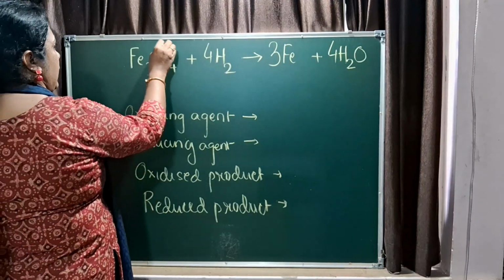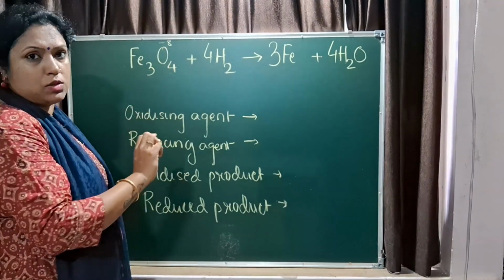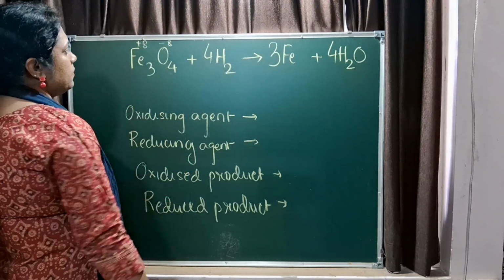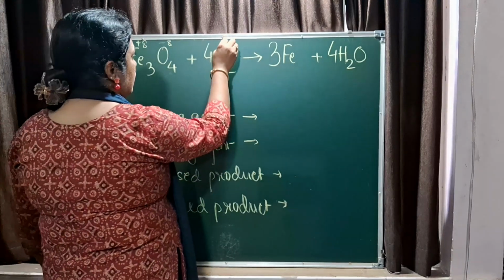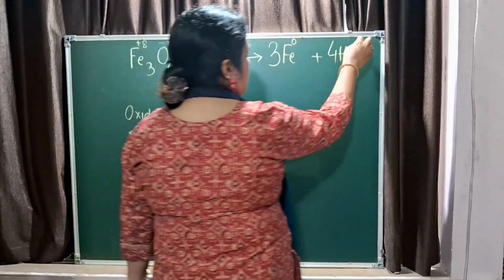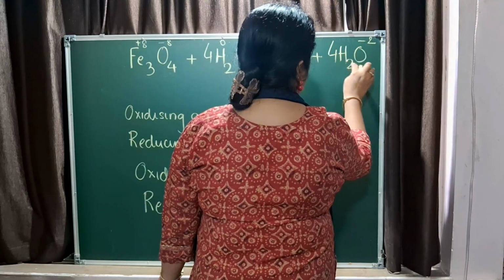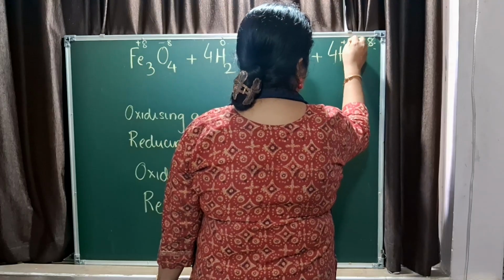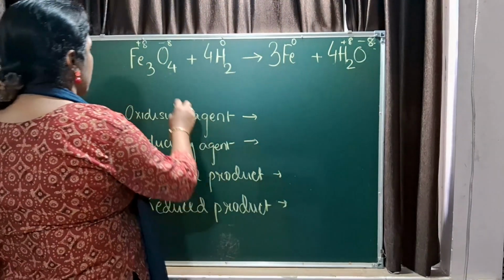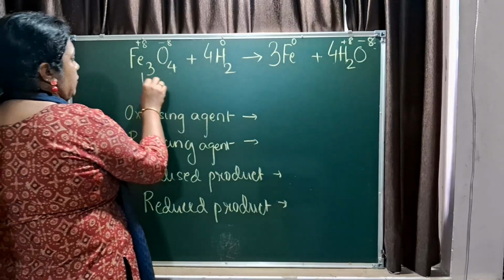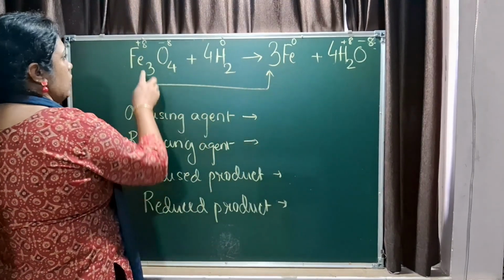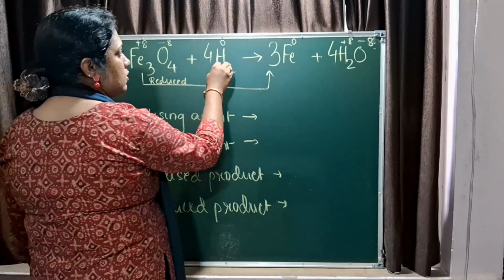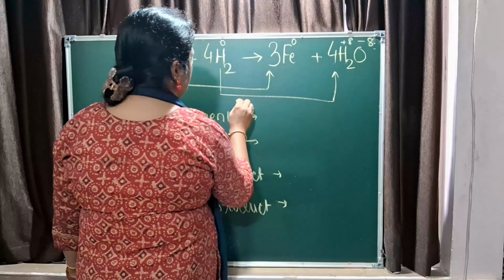This is minus 8, 2 minus 2, 4 atoms are there, minus 8. This should be plus 8, correct? Here hydrogen is 0, iron is 0, oxygen is minus 2, and if you take 4, it is minus 8, and so plus 8. Simple. Now here you can see that iron from plus to 0, it is getting reduced,